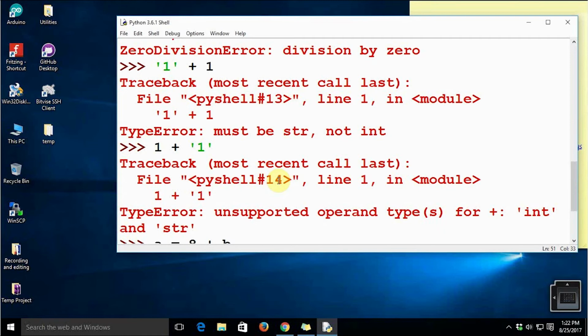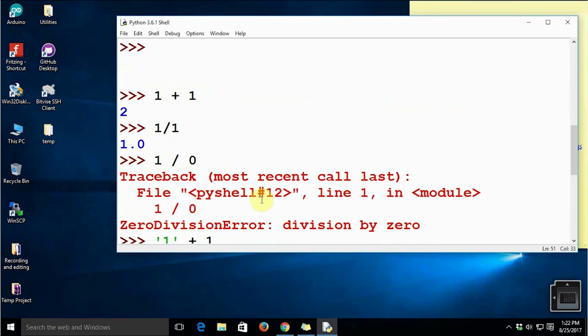Suppose your program is syntactically correct, even if it is logically correct, and it is encountering a situation which is not expected beforehand, before you actually execute the program, Python is going to throw some exception. And when that exception is thrown, you will come to understand that there is some problem in terms of logic of the program, or somewhere the program flow is not correct. So this is how we deal with the incorrect logic or incorrect execution of the program in Python. Because this is a very real life situation.